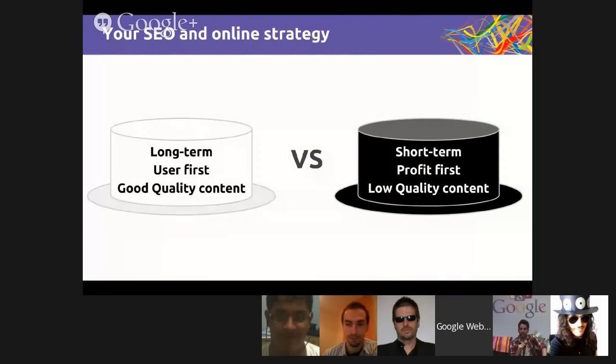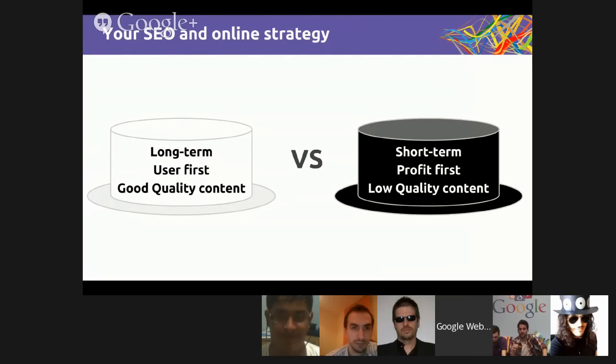And we advise you to be mindful of this and to know that a lot of times, to get those short-term results, they might be on the borderline or even crossing the line of what we consider good webmaster guidelines, and this could actually be hurtful for your business because you might end up getting a manual action from us. As you know, Google has a user first mindset, and because of this, we want you to focus on the user and not focus on Google.